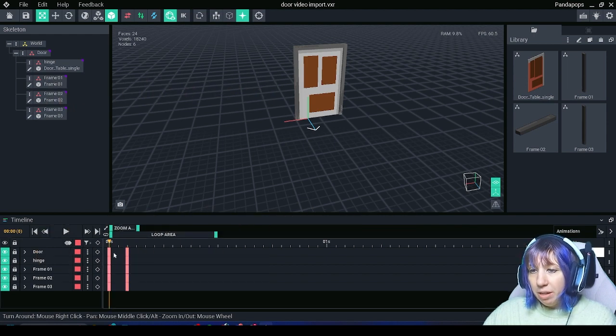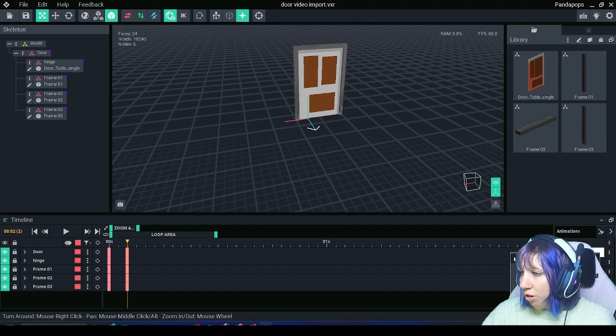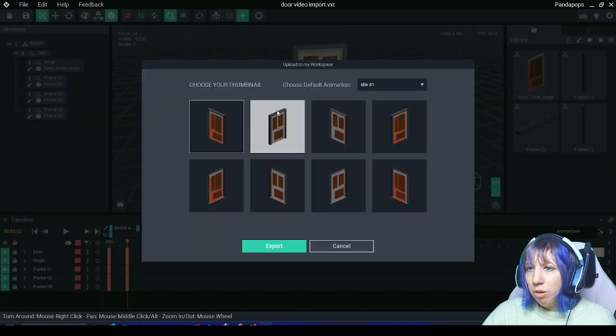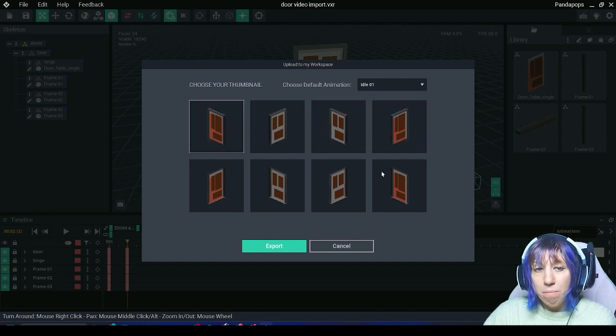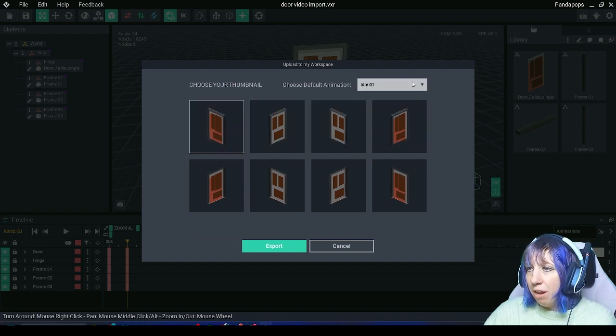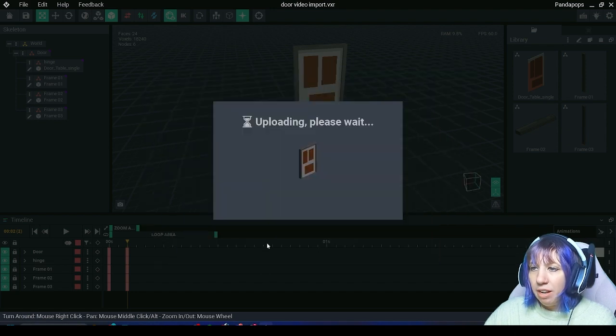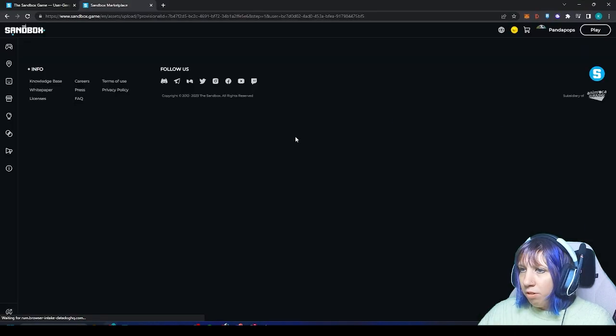and close these animations. So we have the open keyframes here, and you want to have a close keyframe on all of those. Going to make sure that idle 01 is set as default. And then export, upload to workspace. Once again, choose default, choose which thumbnail you want, that doesn't matter, but default animation should be idle 01 currently. Export, new asset,